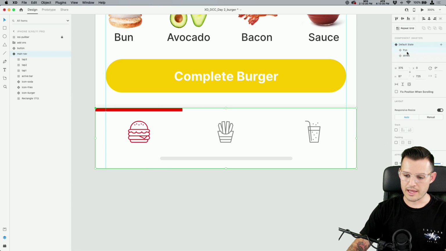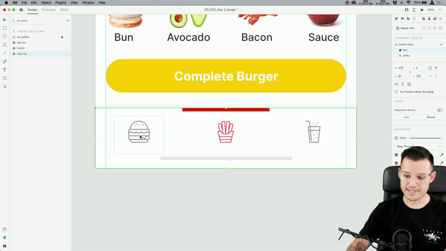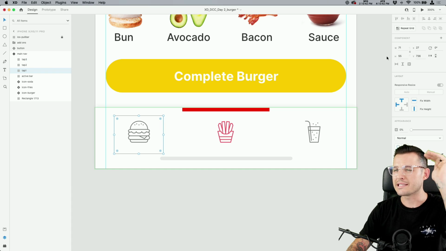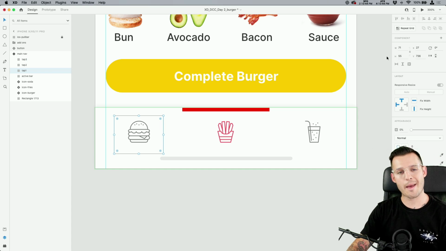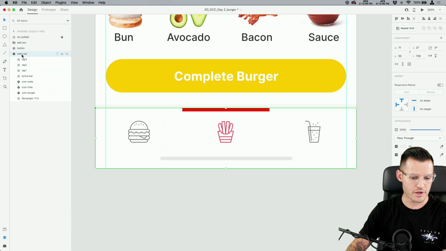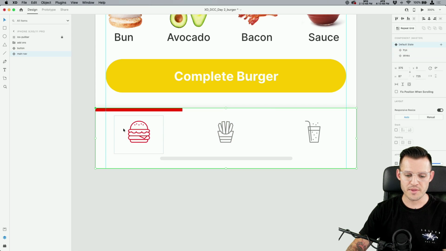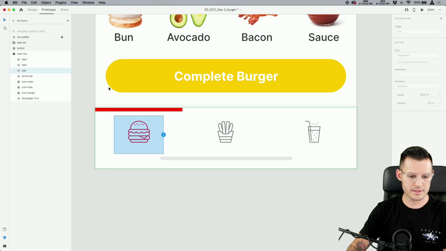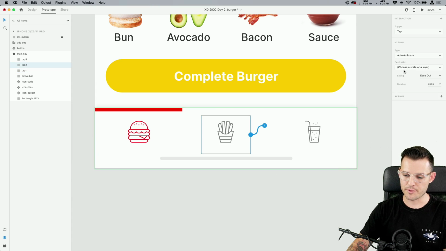Now, inside of our other component states, you'll see we also have those tappable states. Anything you do to the default state, that parent, it's gonna happen to the child as well, all right? Just so we're all on the same page. So now, I'm going to take my default state. I'm gonna tap right here on tap 1. Let's go to prototype. We're gonna tap it. Great. We're gonna choose the fries. Oh, excuse me, I'm still doing it wrong. We're gonna tap on this guy. Boom. Because we wanna tap fries to go to fries.